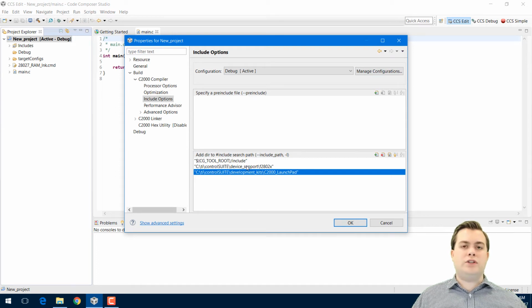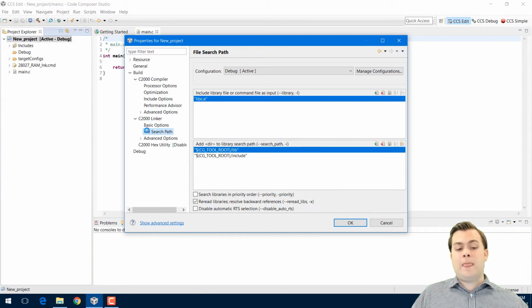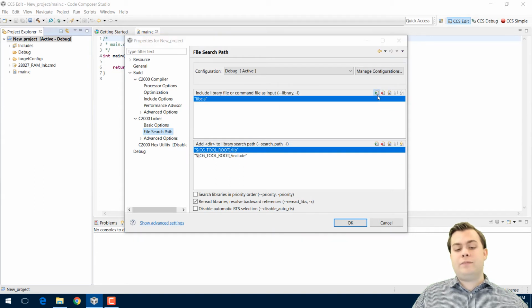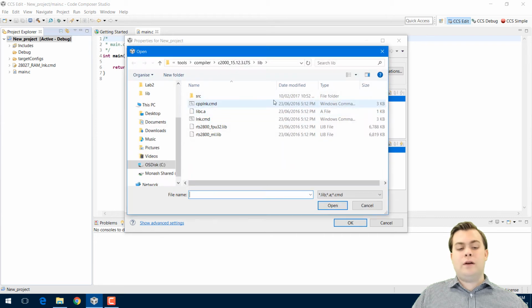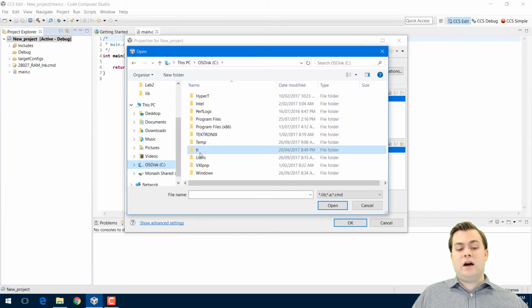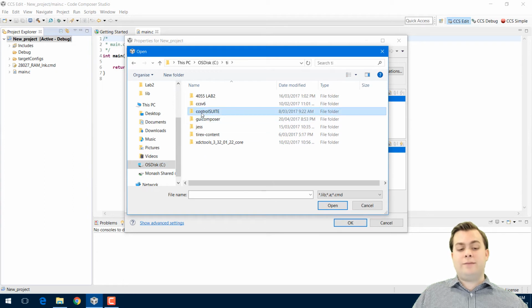The last thing that we're going to need to do is to include a library file. Now a header file contains the commands. The library file actually contains the code to execute those commands. If you go across here on your left to C2000 Linker, File Search Path, we're going to include a library file. Click Add, Browse. The search path is on the C drive, TI, Control Suite again,